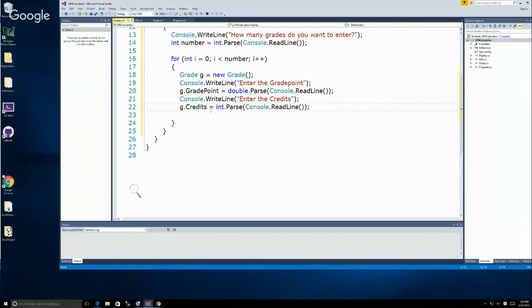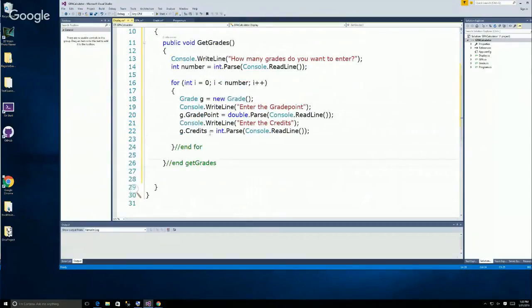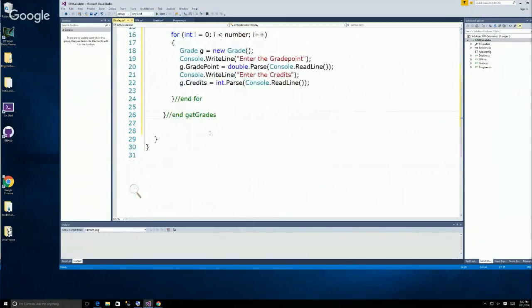I'm leaving out the course. You could enter that if you wanted to. And then first I'm going to actually create the other method. This is where your curly braces could get you in trouble. I'm just doing that so you, and then in between here I'm going to